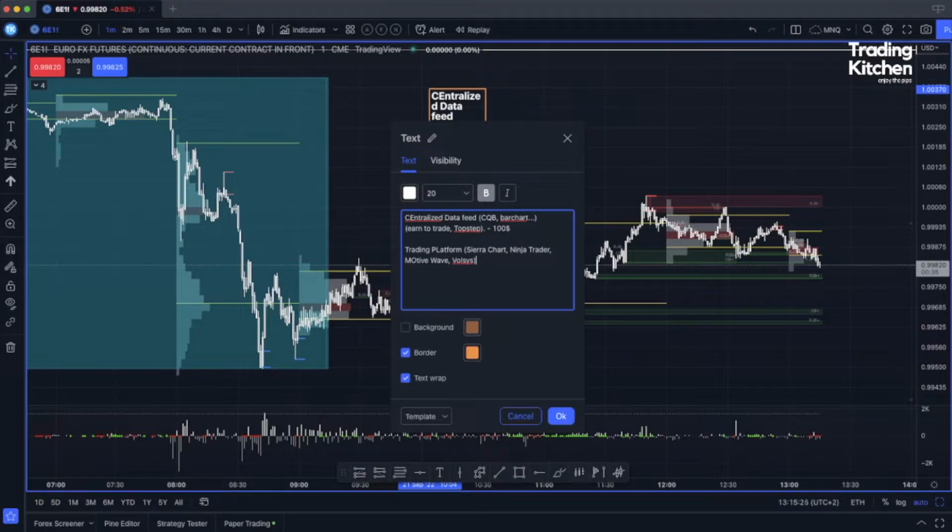But anyway, I do use Motivewave right now, which I don't know if it's the best one, but it's the best one for Mac users like me, and so I don't want to switch my